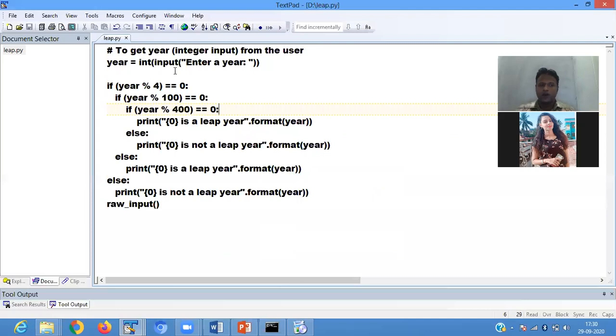You have to pass a value, a year here. If your year is divisible by 4, remainder is 0. If your year is divisible by 100, equals 0. And if your year is divisible by 400, equals 0, then you can say it is a leap year.